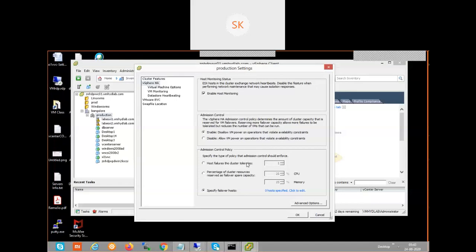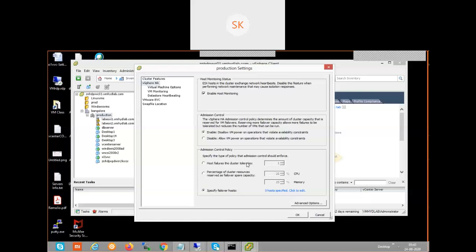I can choose a specific ESXi host, I can choose the system to manage the ESXi host, or else I can manage a percentage of resources. If I choose a percentage of resources, I should be aware of what CPU I am maintaining, for one ESXi host or two ESXi hosts. In this case, there is no fixed ESXi host. It is going to maintain a certain percentage on each ESXi host. At the same time, you need to make sure of the capacity of each ESXi host and what percentage is appropriate to configure. Otherwise, there is going to be a conflict. Okay, so those are the options available in HA.